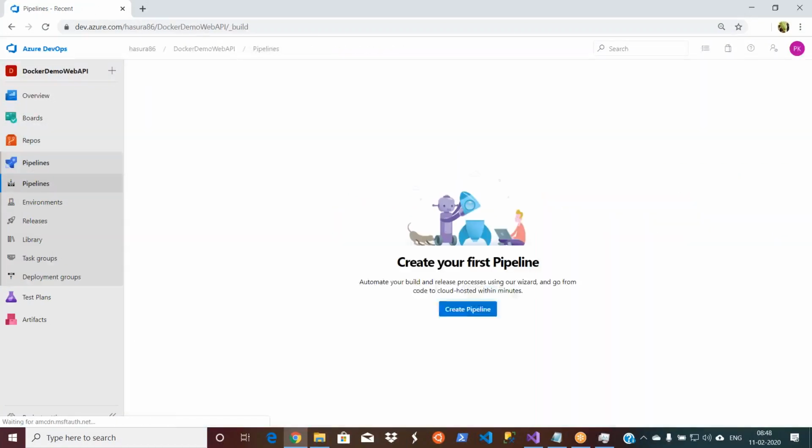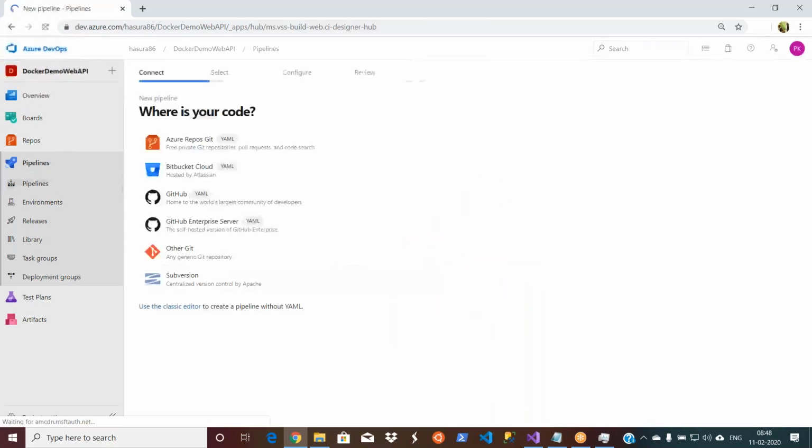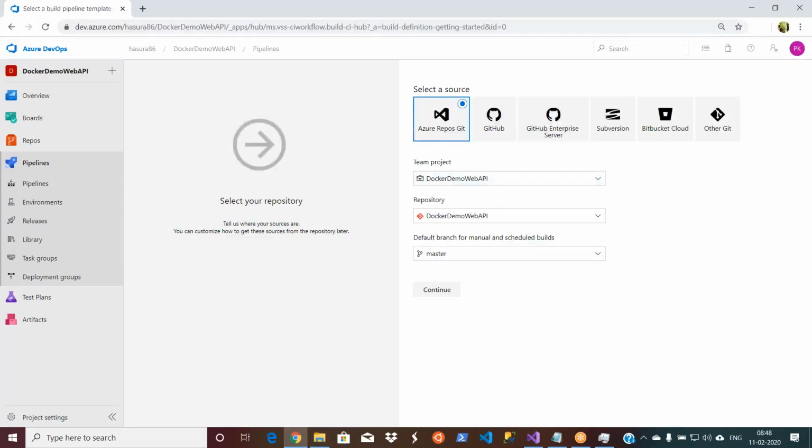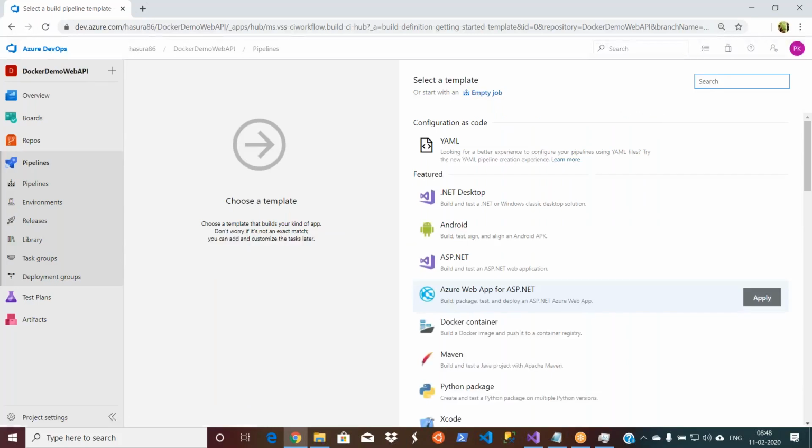Okay, guys, I'm not adding this to our existing project because it takes a lot of time, right? I'm just creating a new pipeline, but you can go and add this task to your existing one. Because analyzing with SonarQube, etc. Because anyway, this is a .NET project, right? You will build it and you will do the SonarQube analysis, and then you can create the image. So this process will continue, but I'm creating a new pipeline just to save time. So I'll go and use the classic editor only. This is a project I just selected.